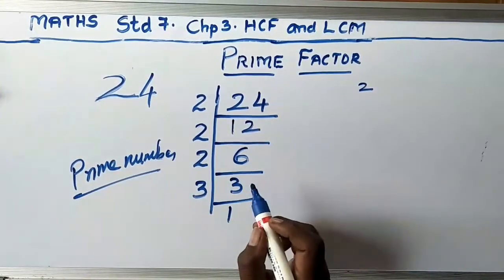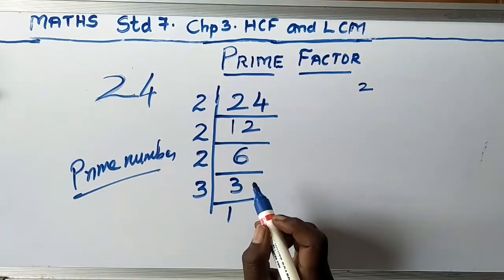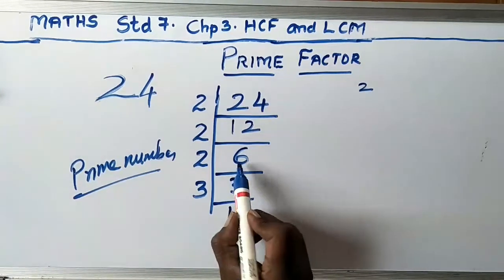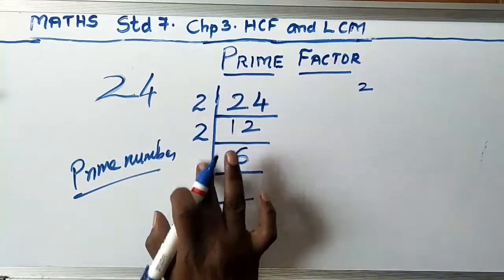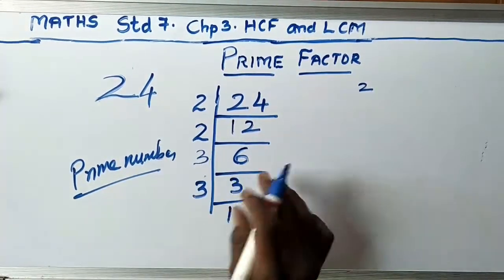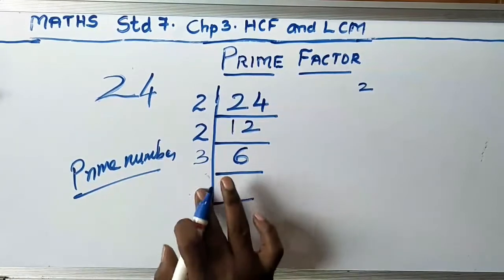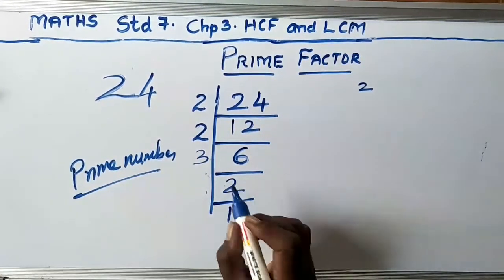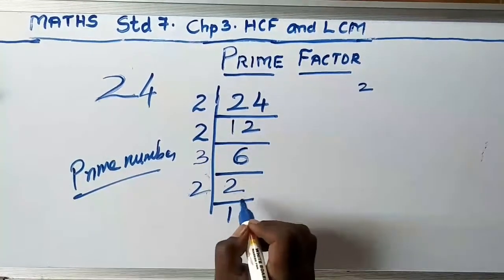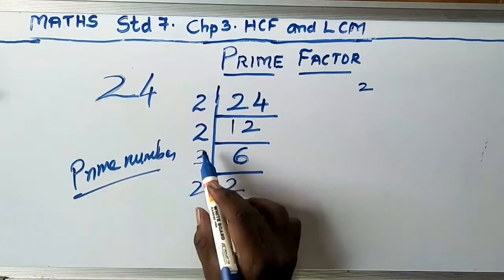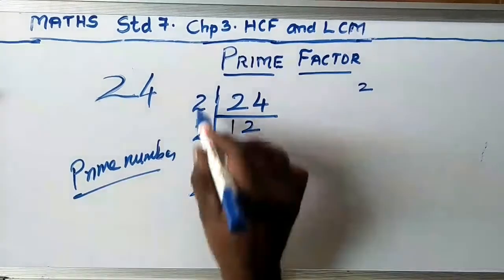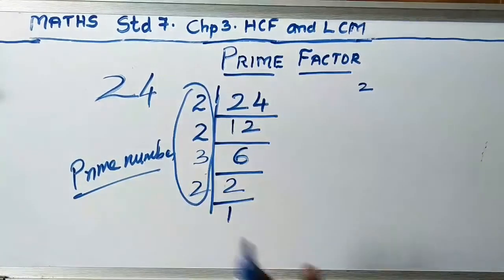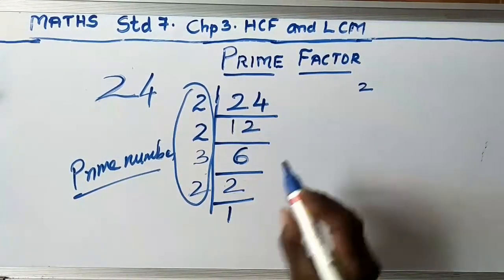Now there are some confusions that will arise in your mind. I'll clear that. 6 also goes in 3 table. You can also write here 3. 3 twos are 6. 2 ones are 2. So both the methods are the same. Either you do it in 3 table or do it in 2 table, the answer which you obtain is the same.